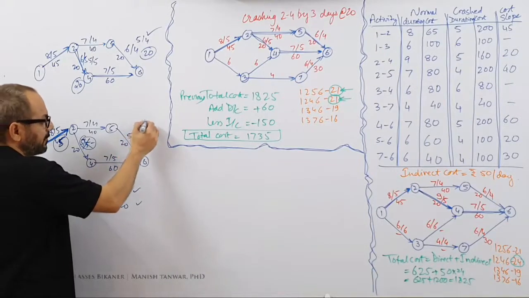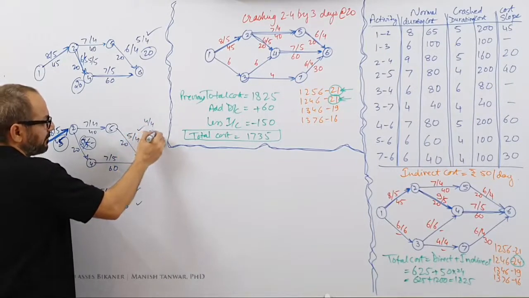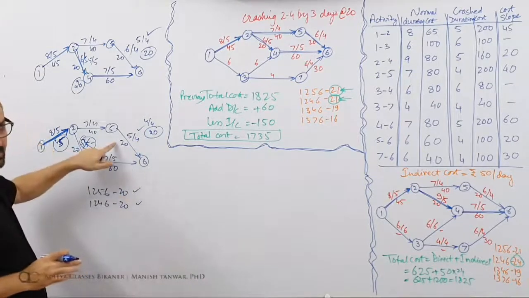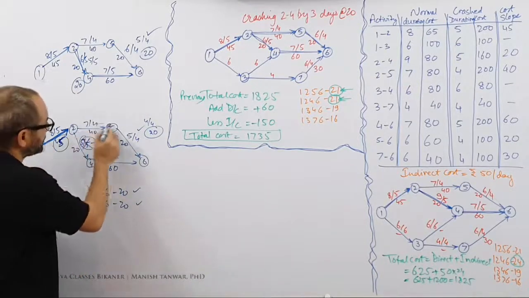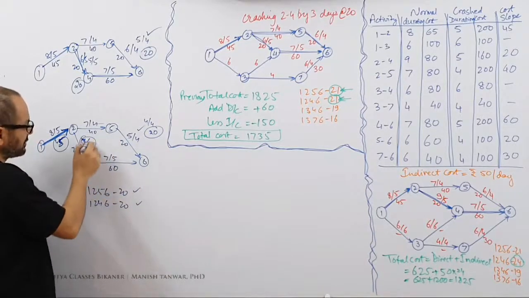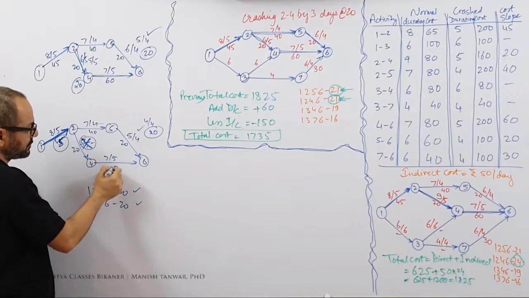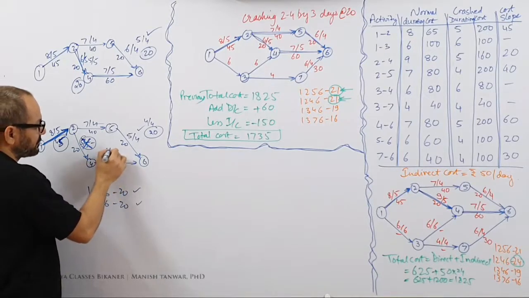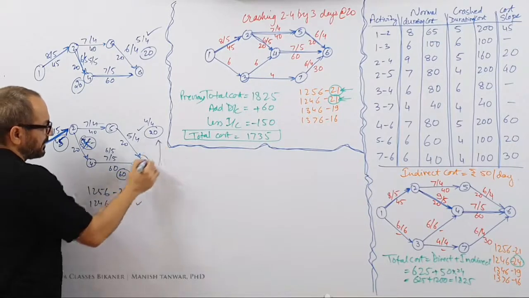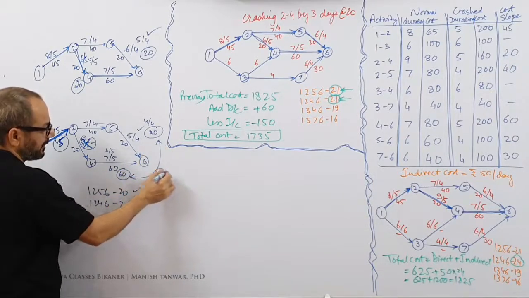If I save 1 day over here, I'll be making a payment of 20. Cost is 20. But if you are saving a day on this path, you need to save a day on this path also. This is exhausted, this costs you 60 rupees. So if you bring it down to 65, you'll be making a payment of 60. 60 plus 20, you'll be making a payment of 80 rupees.